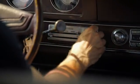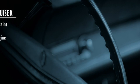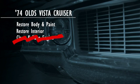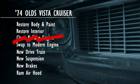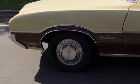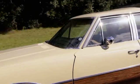Scott was percolating on the plan for the car, but now that he's driven it, he knows exactly what to do. My head's kind of spinning, and I'm thinking of some ideas on what we could do. The way Scott sees it, this car deserves more than to simply be cleaned up and restored. It needs muscle. So that's what he's going to give it, no matter what it takes and whether or not Barrett agrees. Barrett's really big on originality, but after driving the car, we got to do something. I'm not sure how he'll receive that, but...